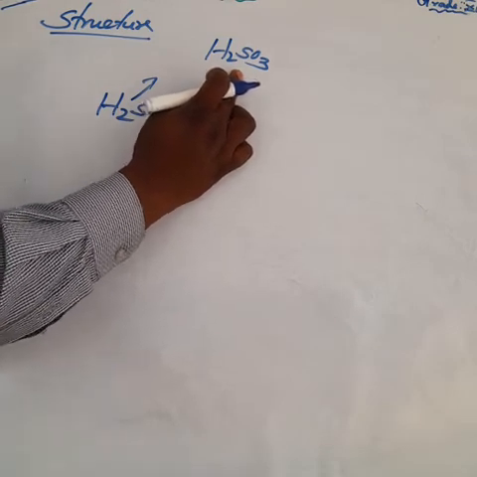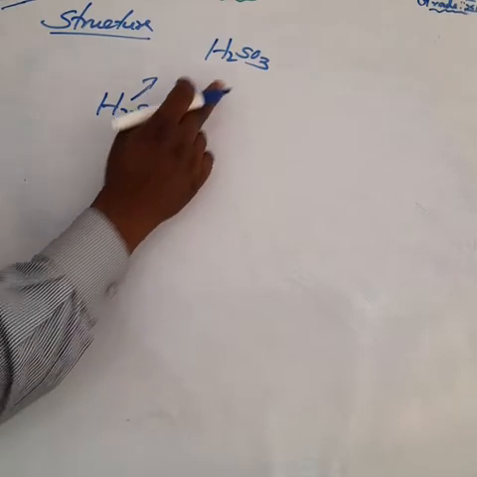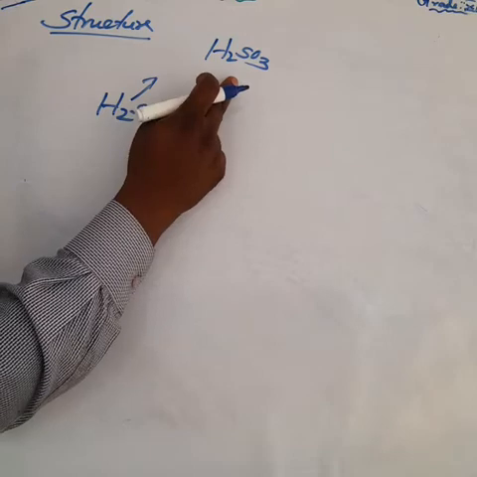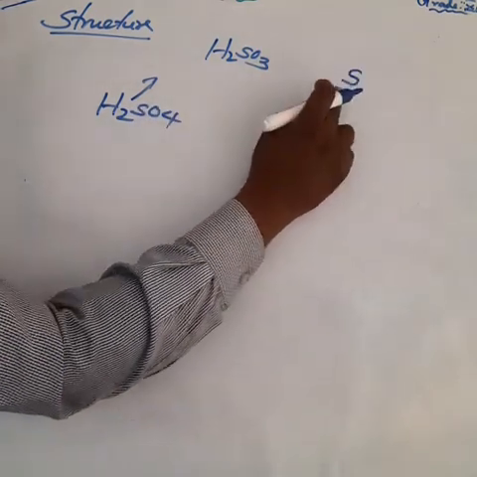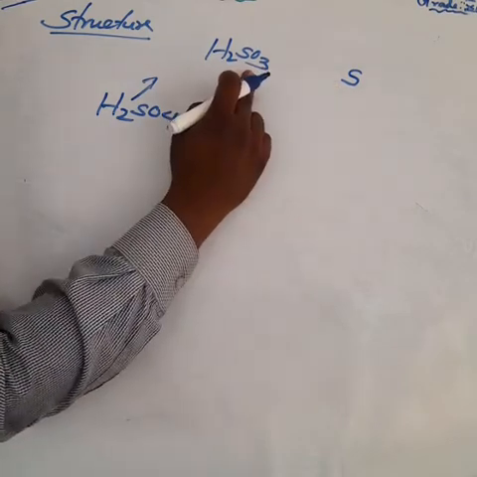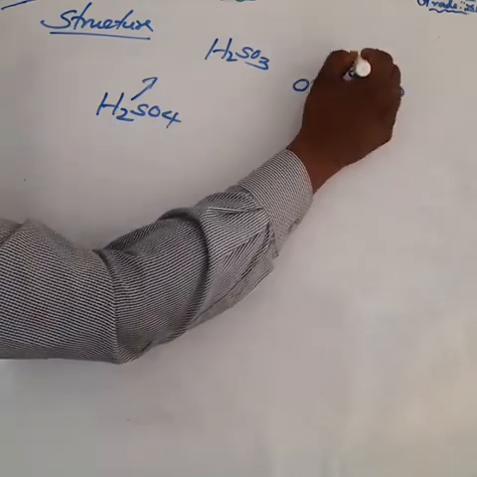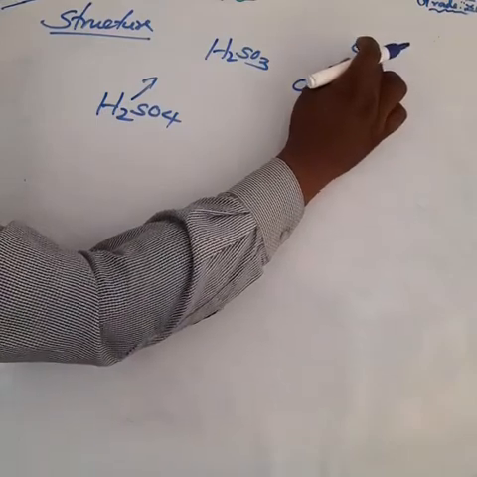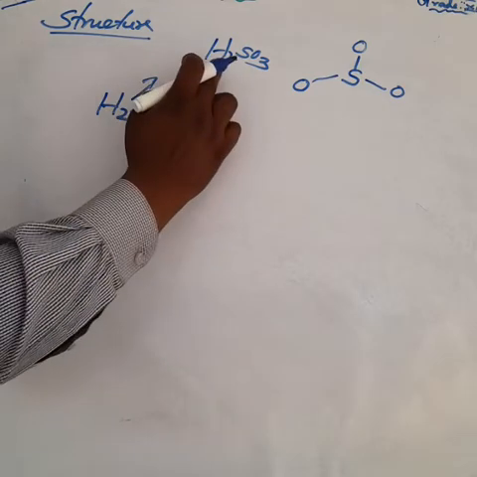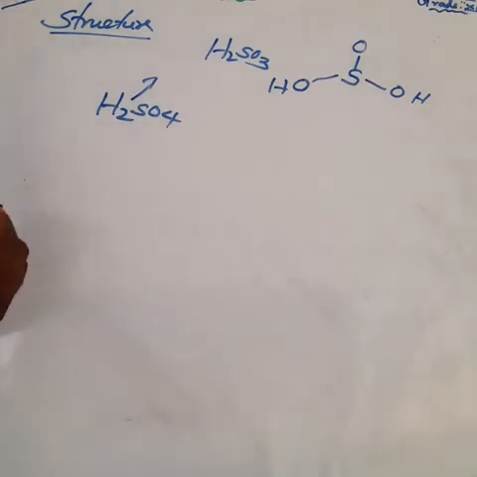H2SO3. Okay. So first you have to write sulfuric acid, take one oxygen away, and the product is H2SO3, sulfurous acid. First you have to draw the structure of sulfurous acid. How much sulfur is there? One sulfur, so make it the center. Then how much oxygen is there? Three oxygen, so sulfur is surrounded by three oxygen atoms: left side one, right side one, upper side one. So three oxygen is over. Next, how much hydrogen is there? Two hydrogen, so left side one hydrogen atom, right side one hydrogen atom.